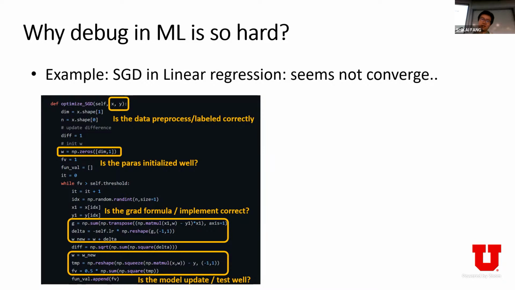he had just assigned the wrong data as the input. So if your data is wrong, all the rest makes no sense. And after checking the data, I mean, the input of the function right here,